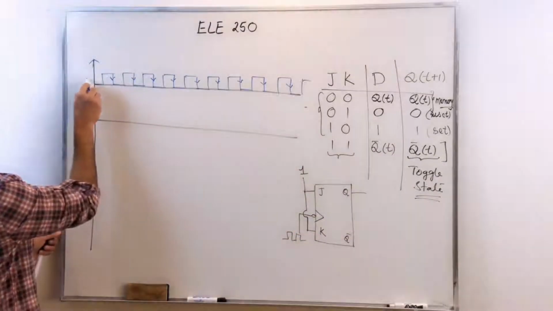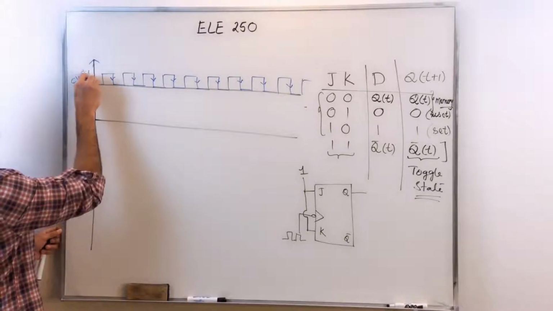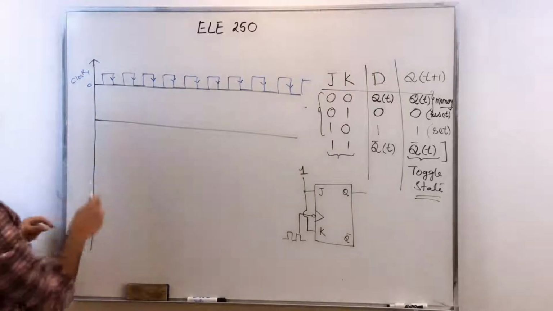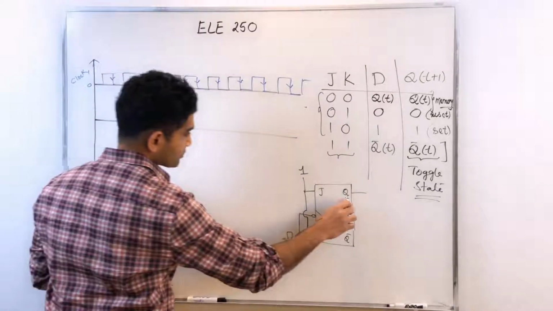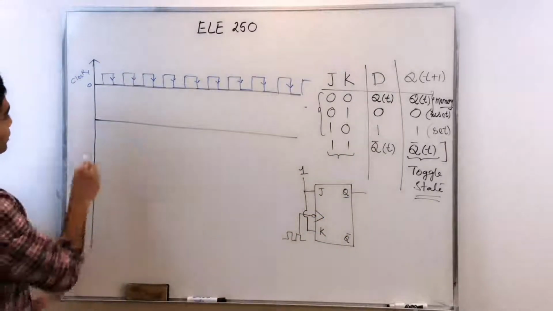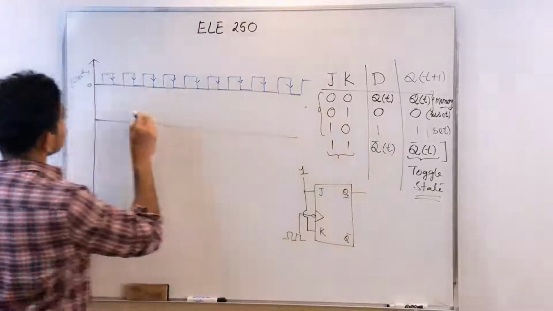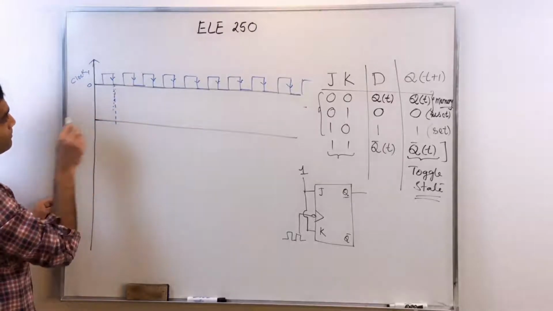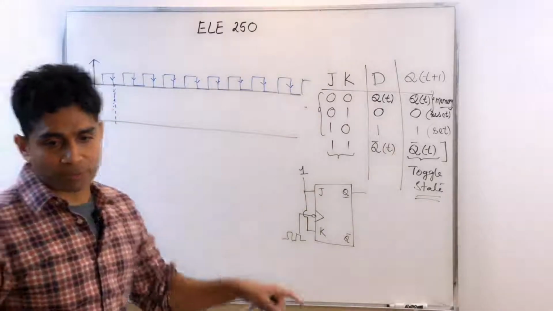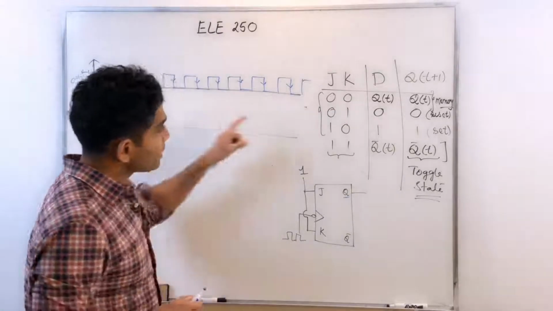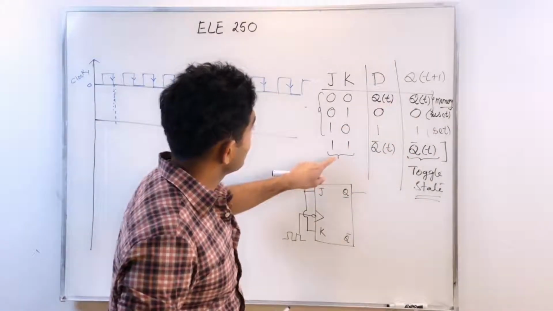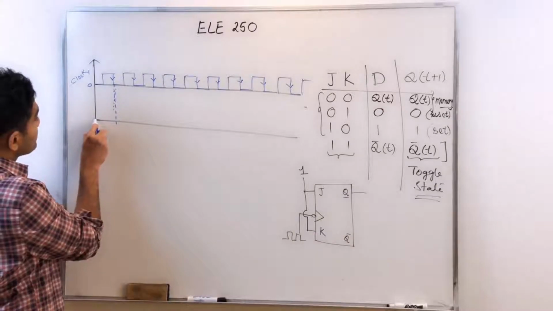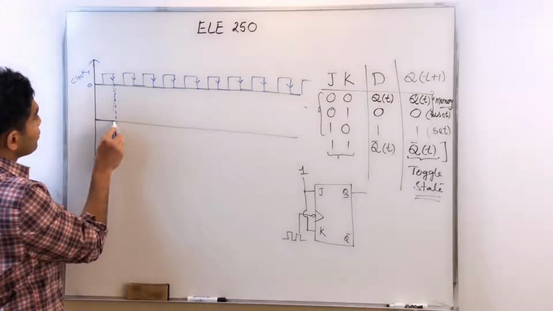That's my clock, 0 and 1 level. That's the clock signal applied to that flip-flop. So I'm assuming that at time t equal to 0 here, my Q was 0 to start with. Okay, so it's 0. Now, this is the next active edge. What happens at the next active edge? My Q becomes Q prime. In other words, if I have 0 to start with, then at the next active edge, it toggles. So 0 becomes 1,